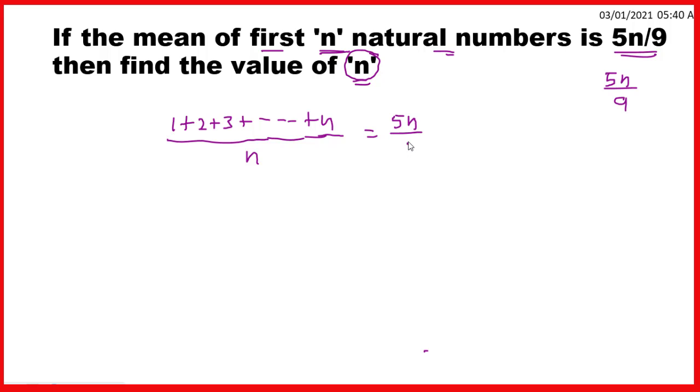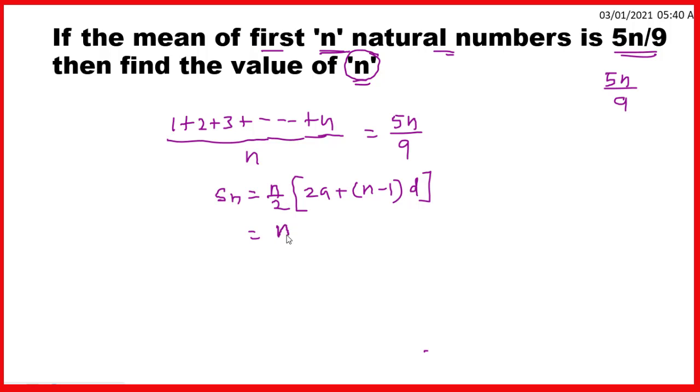ये mean जो हमें दिया है वो 5 upon 9 दिया है. This is the total of all the numbers from 1 to n and divided by the total number of observations हमें मिलता है average, that is the mean. This is the sum of the first n natural numbers, that is Sn. So here we will find first Sn. So Sn, that is equal to n by 2 into bracket 2a plus n minus 1 into d, close the bracket. Now so this total Sn will be what?